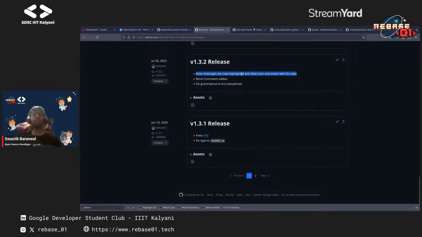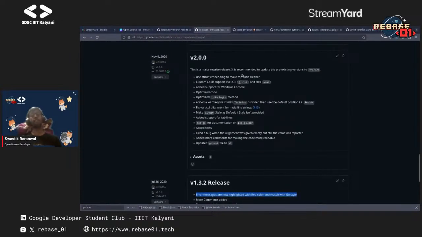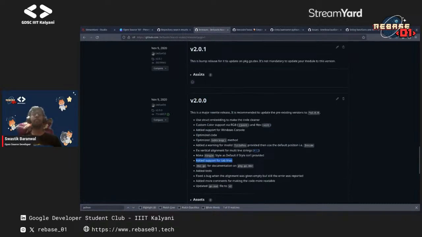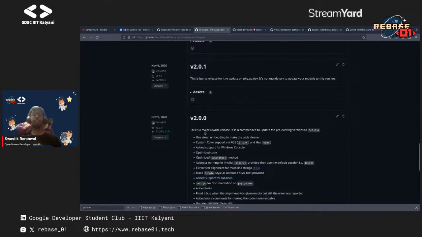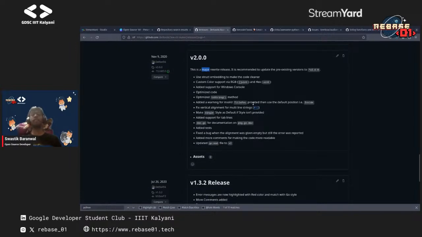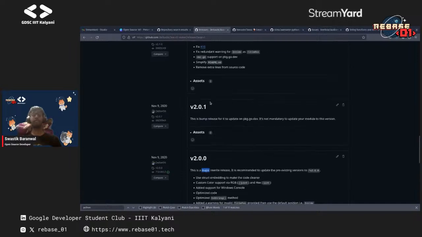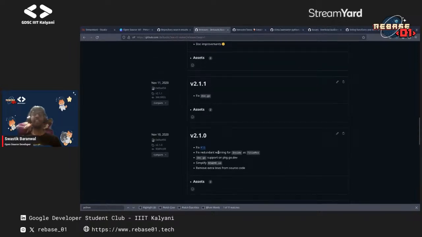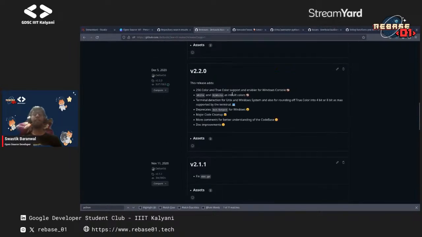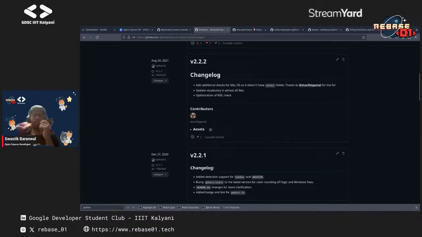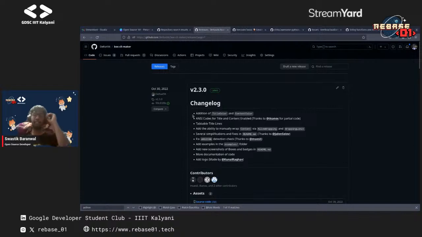Slowly, I started to enhance the library which I ported so that I can learn how it works. Then I released a version 2 on November 9, 2020, which had so many features and took tons of research to make it work. As you can see, I added more features and more things. Then I released a major version almost 2 years ago, which also fixed several things.